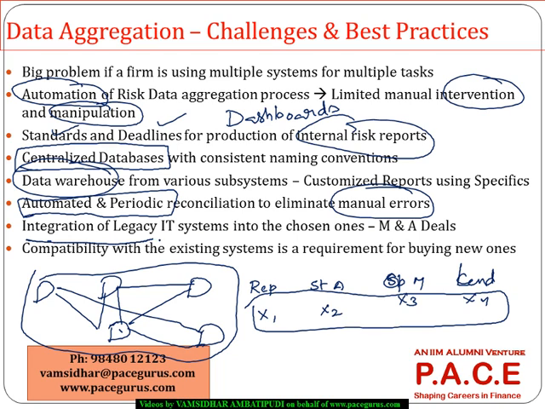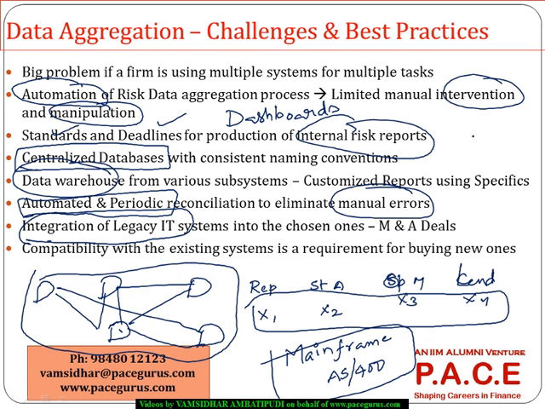And especially when there are legacy IT systems for long old data, probably the companies may be using some kind of mainframe based systems or AS400 based systems, wherein large volumes of data have been lying, probably right from the 60s and 70s, where the current sophisticated databases may not be available. So especially when companies are trying to integrate those kinds of legacy IT systems because of M&A deals and all, proper care and proper practices have to be set in place to make sure that the integration happens quite smoothly,